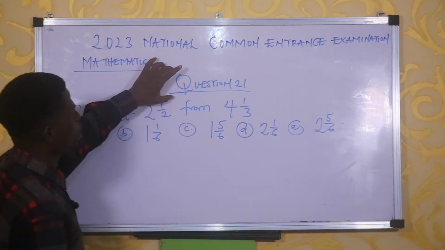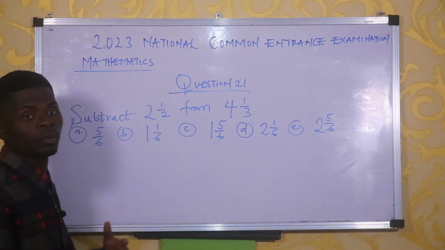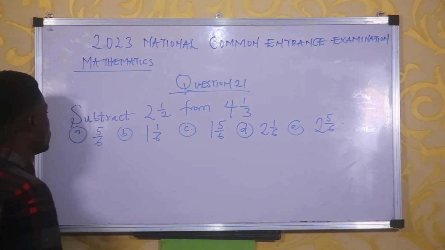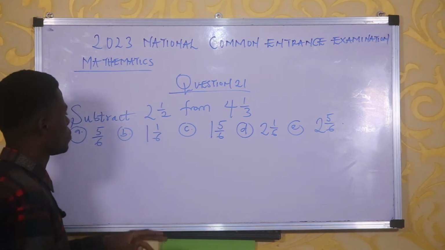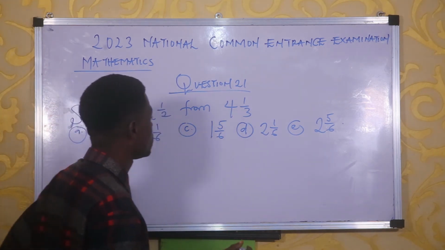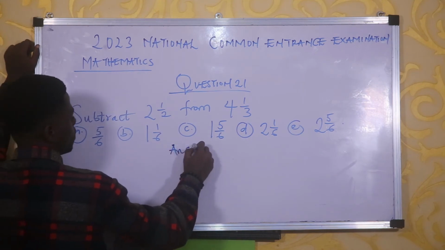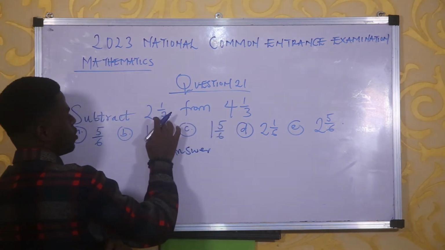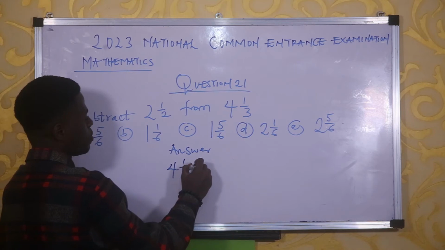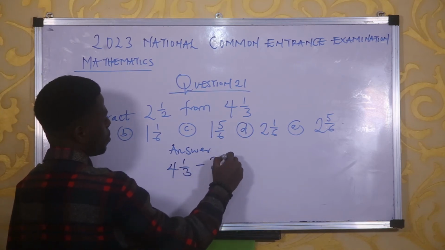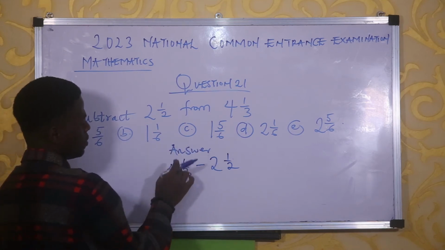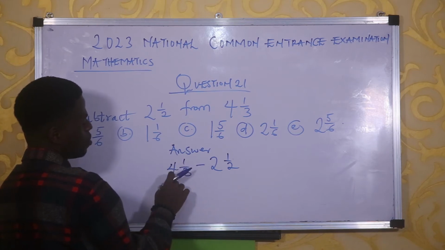Yes, sir. Question 21 says subtract 2 whole number 1/2 from 4 whole number 1/3. So the options are 5/6, 1 1/6, 1 5/6, 2 1/6, and 2 5/6. Okay. So we are subtracting 2 1/2 from 4 1/3, which is 4 1/3 minus 2 1/2. So in this place, we are going to multiply this fraction into